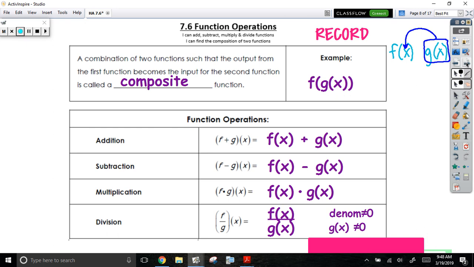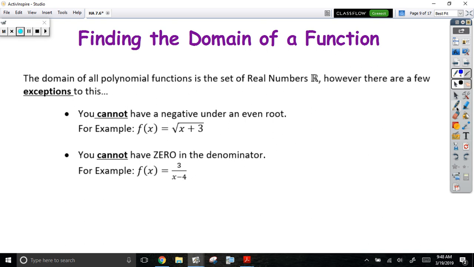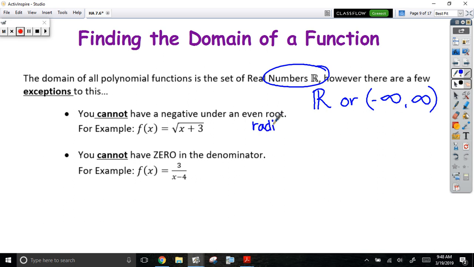So have a little side note about domain down here. The domain of all polynomial functions is the set of real numbers, which again, whenever we write this on our paper, it looks like that. Or you can also do negative infinity to infinity if you prefer. But there are a few exceptions to this rule. The first one, you cannot have a negative number under an even root. Okay? So for example, if you had this function, you will tell me that the radicand, which is the expression under the root,